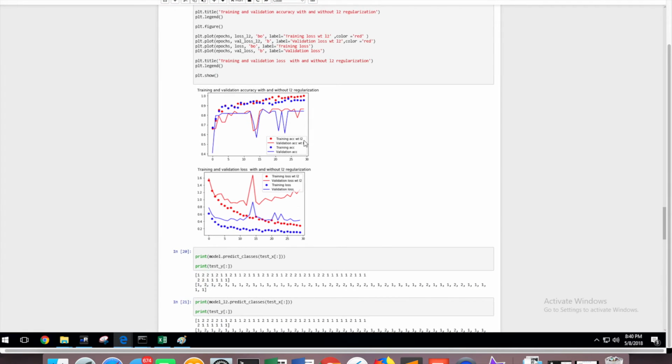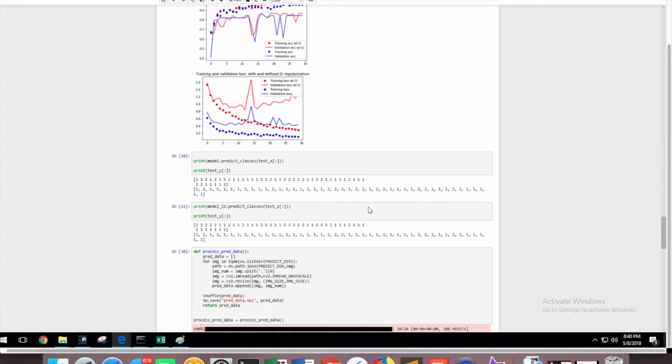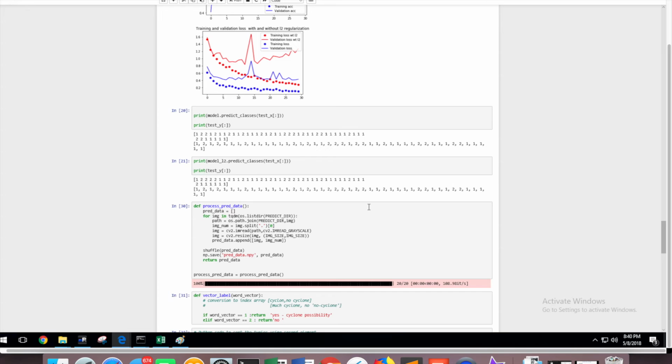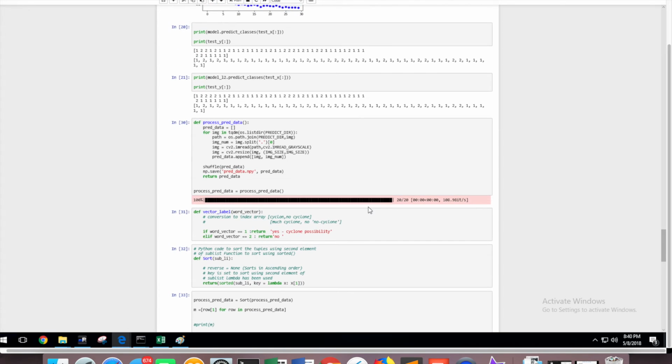Below we can see the plot for the accuracy and the loss, where we can see the L2 model tends to have slightly more accuracy than the non-L2 model, and the loss for the L2 model is much higher for the training set as compared to the testing set, as compared to the loss for model 1. Thus, we can conclude that Model 1 is a better fit for this project, and we proceed further with the